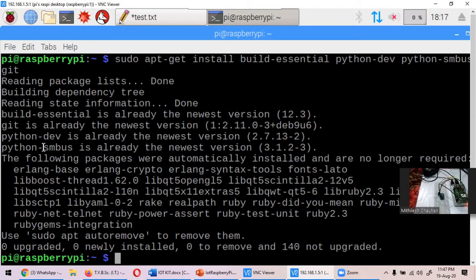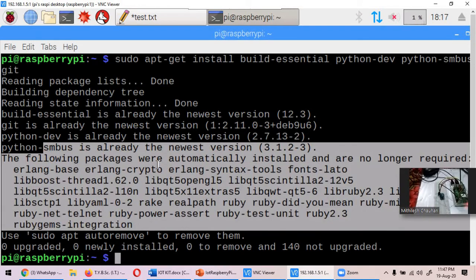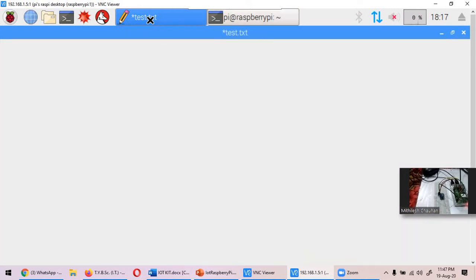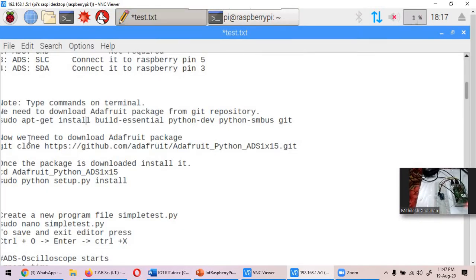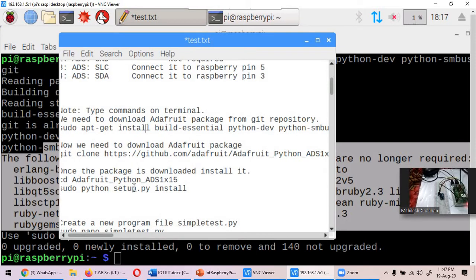Now this is the second time I'm performing this practical, so the package has already been downloaded into the system. For the first time when you are downloading, the system will ask if you want to download this 3 MB file. Do you want to continue? Yes or no? Press Y to continue, and it will take some 2-3 minutes, and the package will be downloaded. Once the dependencies are downloaded, you can download the package which is required.